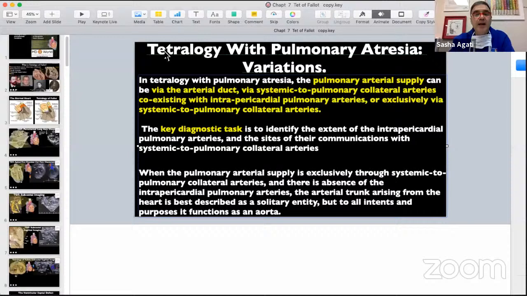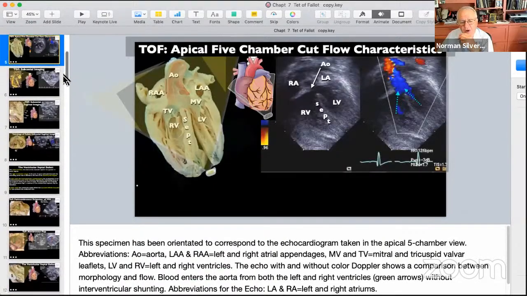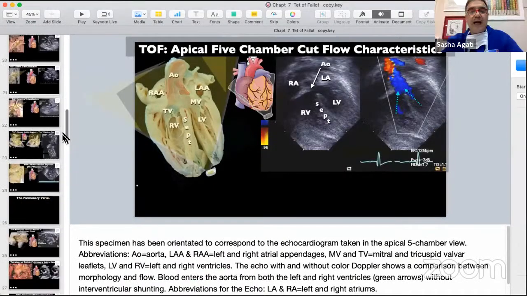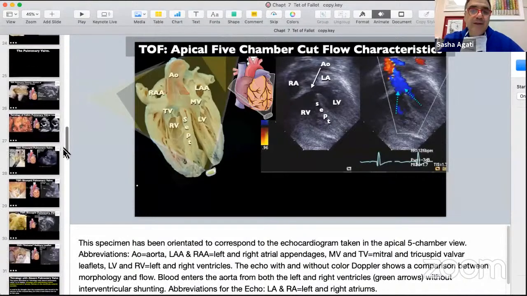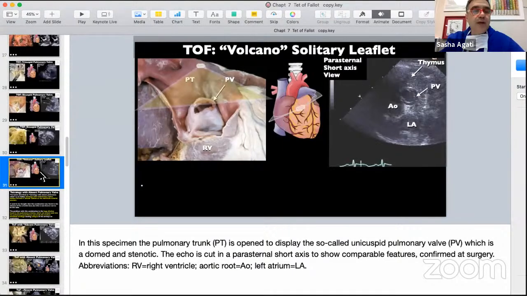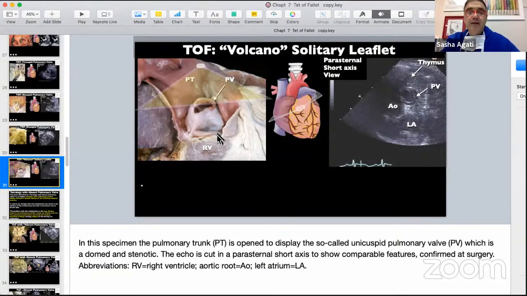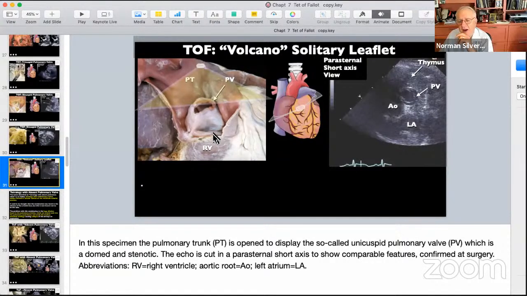Yes, it is the one before you started about tetralogy with the absent pulmonary valve. Okay, I'm going to look over here. He's asking about this little structure here, is that right? Yes. Okay, I just think that's part of a fibrous ridge. That's not pulmonary artery, not coronary artery. It's part of a fibrous ridge.